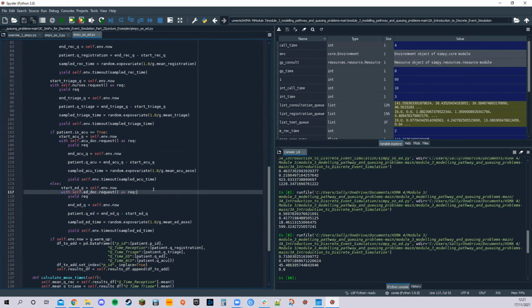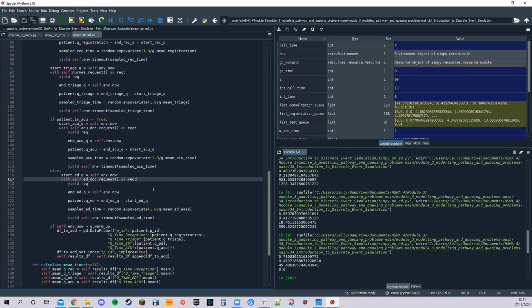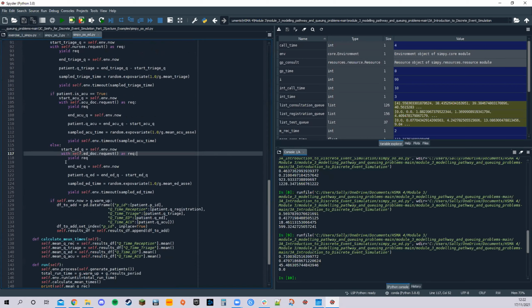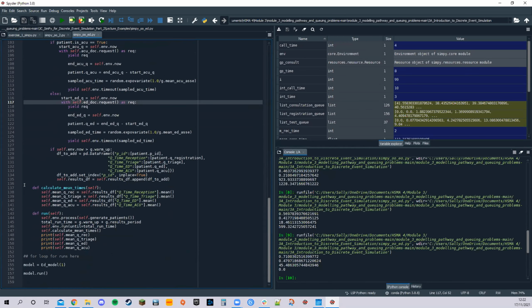So again, as before, requesting the resource, yielding the resource, and then working out how long the queue time was and how long they were with that resource to figure out what the run time is now on line 126. And then we missed this initially, but the if statement on 128 is to account for the warm-up